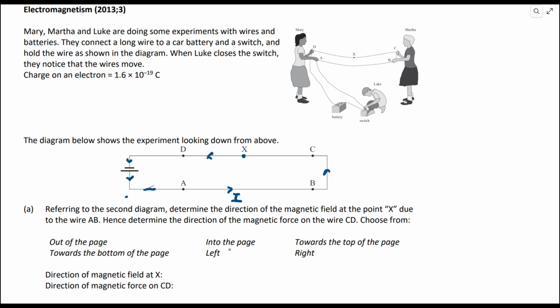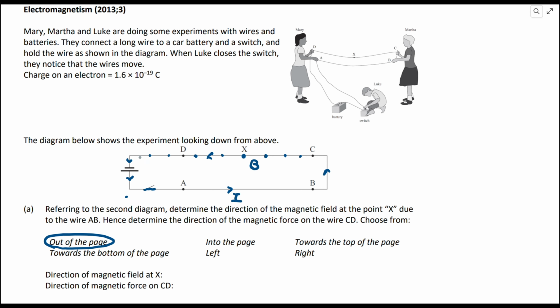Is it out of the page? Is it into the page? Is it towards the top of the page, towards the bottom of the page, left or right? So the correct answer is basically out of the page. The magnetic field at point X, due to the current carrying wire AB, is out of the page. Now, this dot here is showing the direction of the magnetic field at this position. And along this entire wire, basically, there will be these magnetic fields